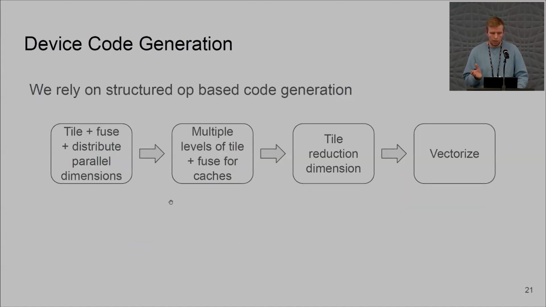And because we start from very high level representations, we can maintain perfect loopness and perform aggressive loop optimizations without having to do loop analysis, just because structurally we always maintain the perfectly nested loop form. And we can decide common optimizations, like we can do tiling so that we benefit from various levels of cache. At the end of the day, we can vectorize the code so that we benefit from SIMD vector operations, and